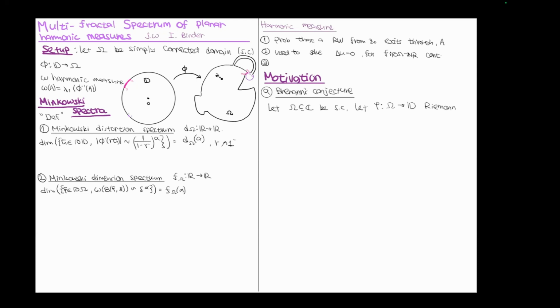So if you try to compare this setup with our setup, you see that little phi is the inverse of our capital phi. And the question is, for which p's